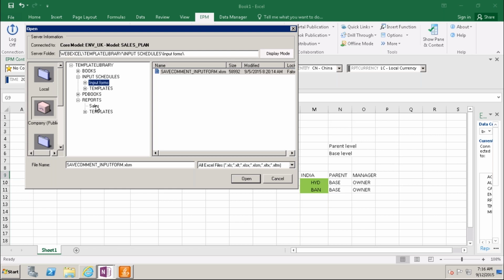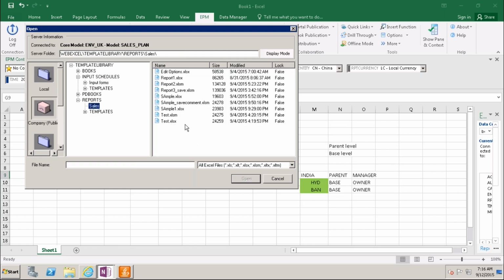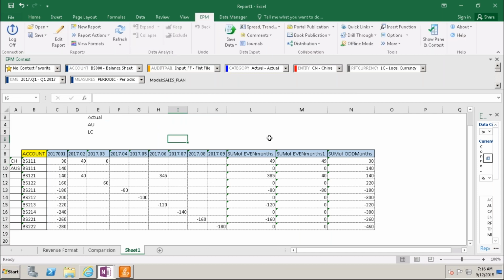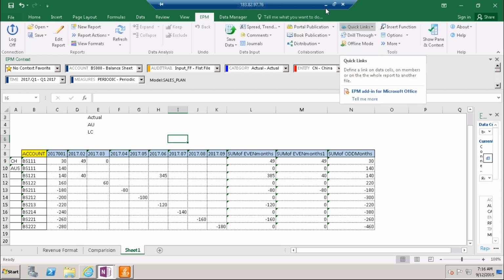Here also we made, I guess, any one of the input forms. This one is the report. We'll check whether it is an input form or not. Sorry, this is actually an input form.